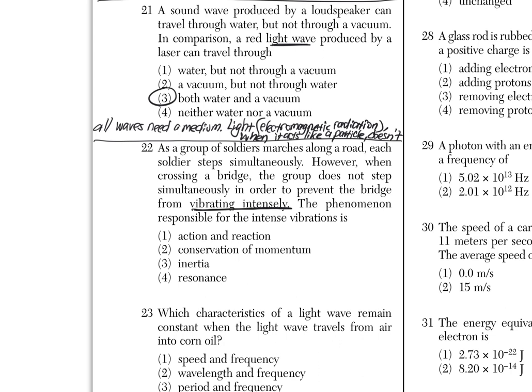So 22, a group of soldiers marching across the road. Each soldier steps simultaneously when crossing a bridge. The group does not step simultaneously in order to prevent the bridge from vibrating intensely. What they're hinting at here, and they didn't actually mention it, is the frequency of how the soldiers step. But the key point here is the vibrating intensely, that the amplitude of the vibration